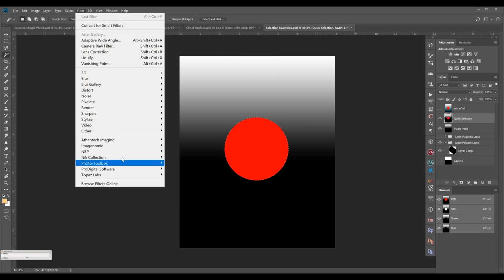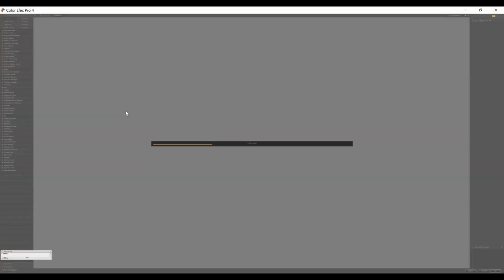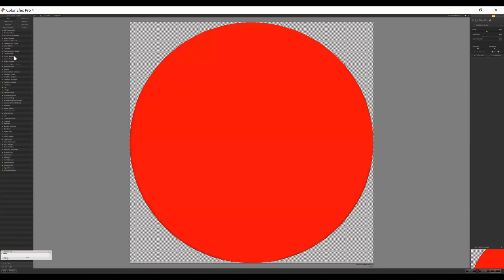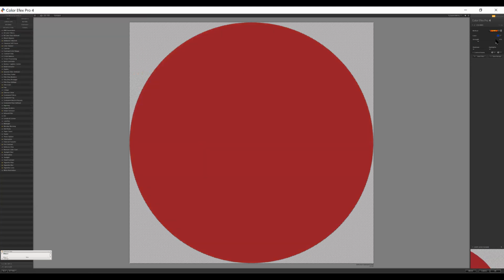Especially, I was looking for Imagenomic Portraiture. When you do Portraiture, you can just select the subject space, and you can use any of the tools to select the subject, then go to Imagenomic Portraiture. For example, I will just colorize it, so I will select the color.